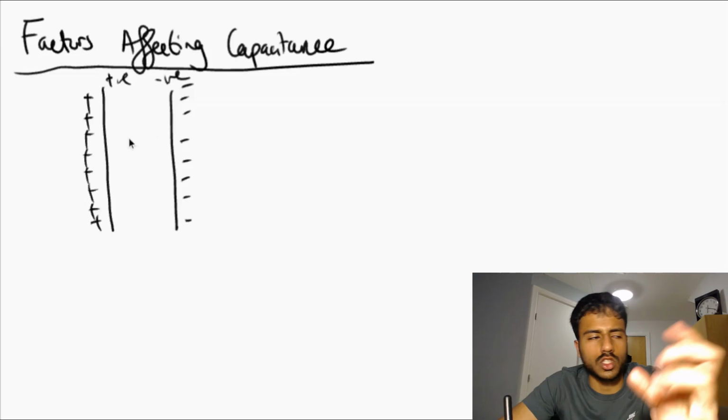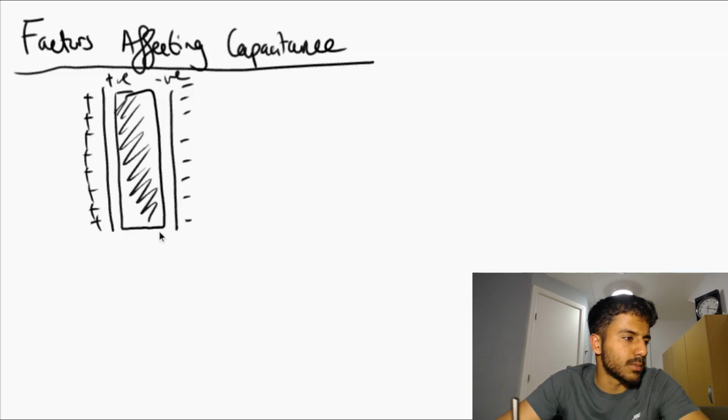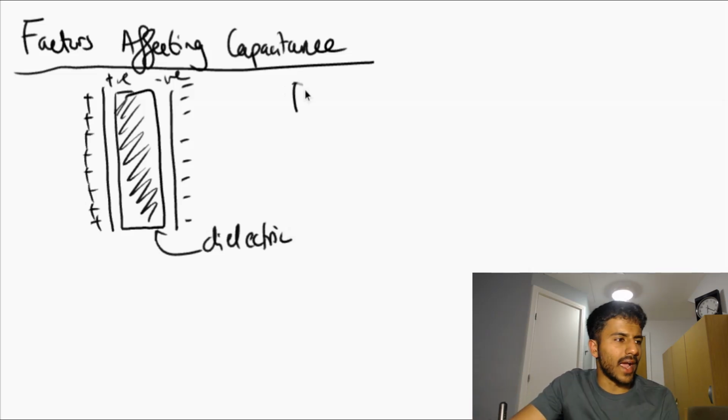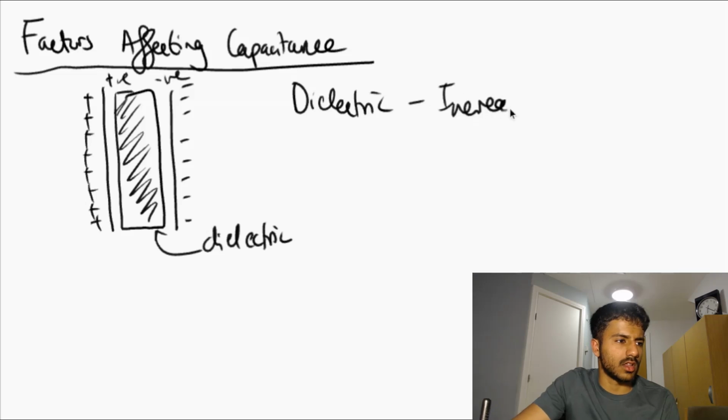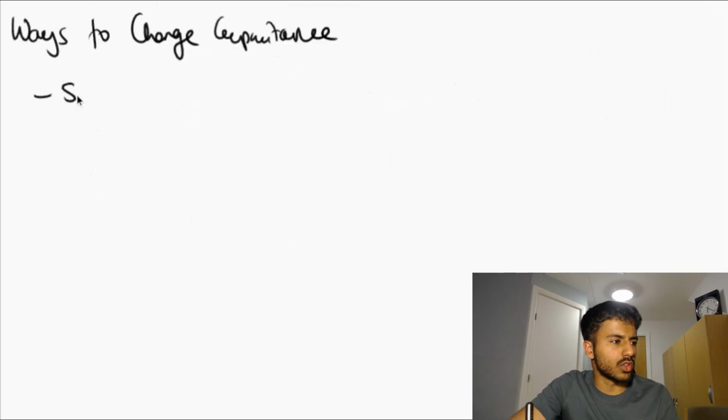So one way in order to prevent this is by simply adding something called a dielectric, which is simply a piece of material that stops these charges from being exchanged. So by adding a dielectric, you inherently increase the capacitance of this capacitor. And some of the other ways that you can change or increase the capacitance depends on the surface area of the metal plates and the separation